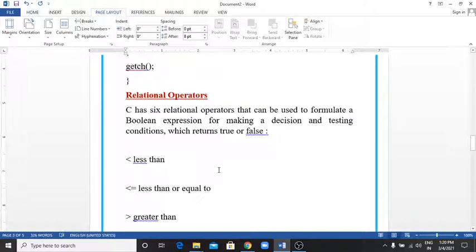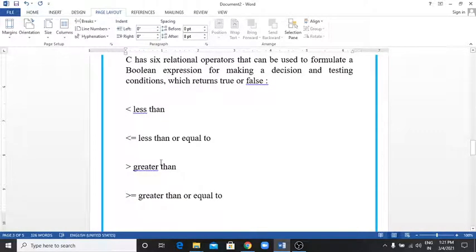So friend, see here, when we had seen the operators in C, there are relational operators in C. C has 6 relational operators that can be used to formulate a Boolean expression. Boolean expression means true or false, and it is used for decision making and testing conditions which return a true or false value.